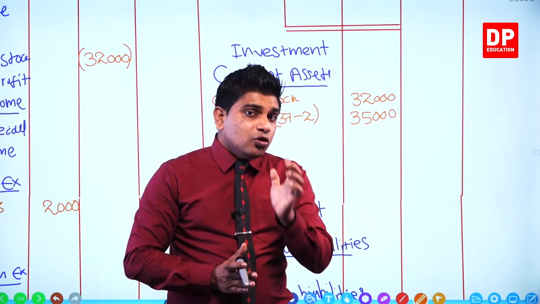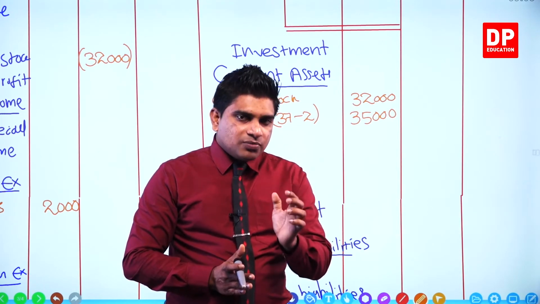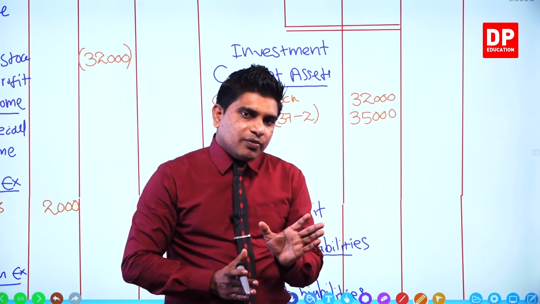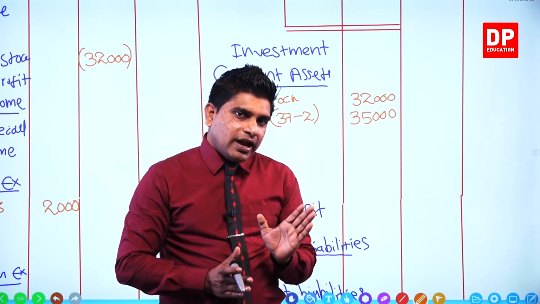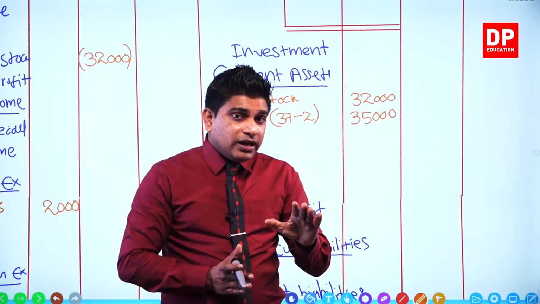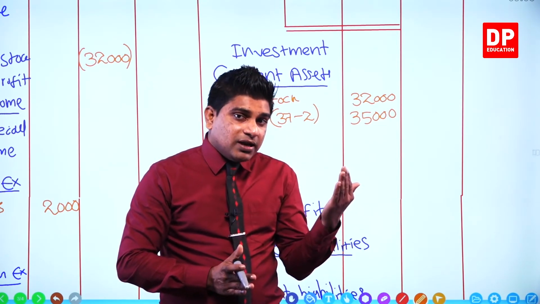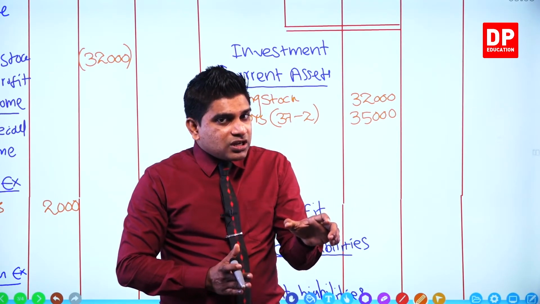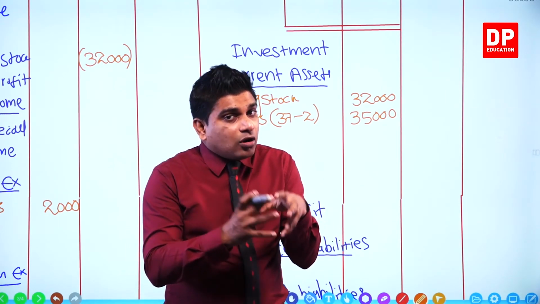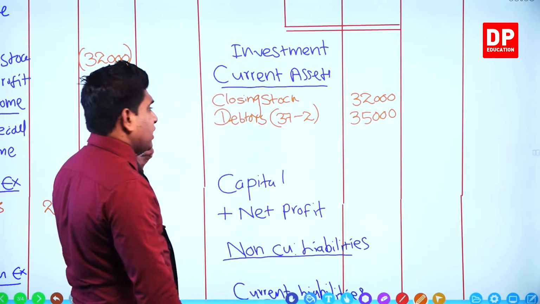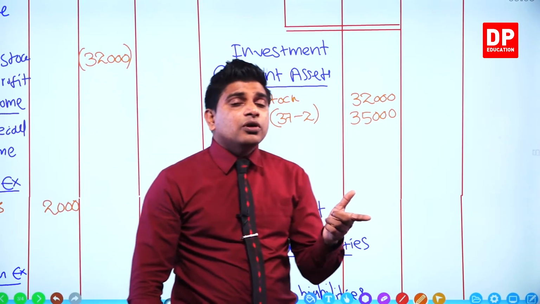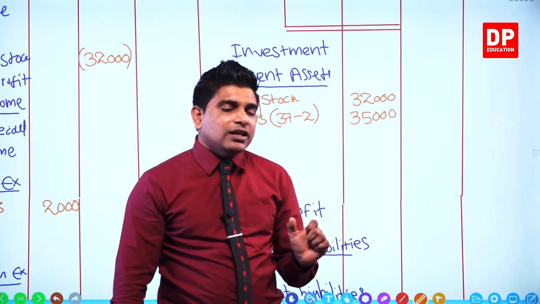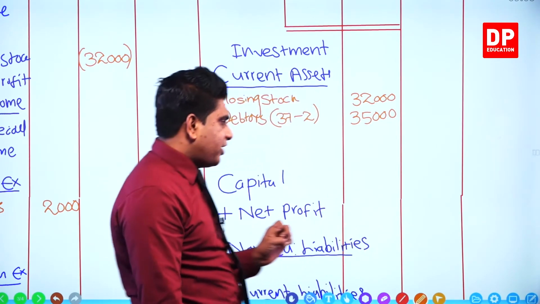Every time you must subtract the bad debts amount given under the additional information from the debtors, right? But if they have given any other bad debts inside of the trial balance, you add these two, and the total you can write under the distributing expense, but from the debtors you subtract only the amount that they have given under the additional information, right?